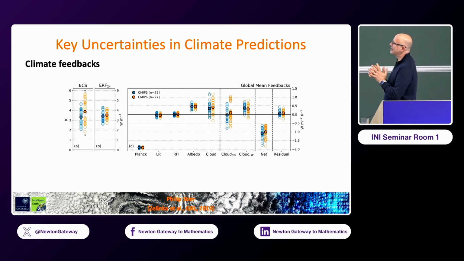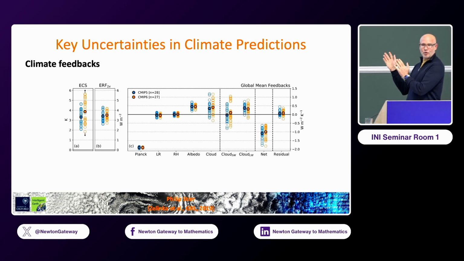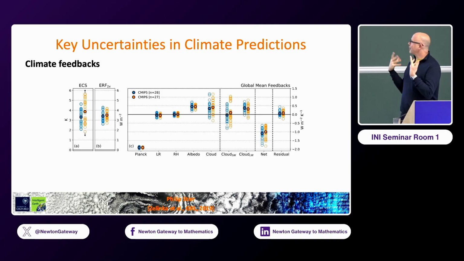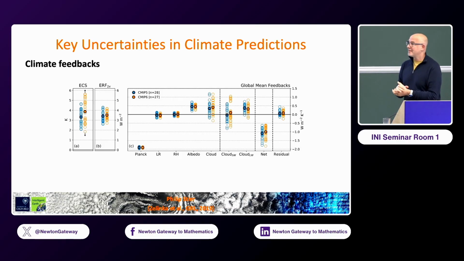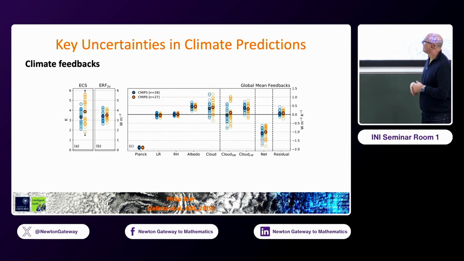This is an analysis of climate feedbacks in the last 2 generations of climate models. Each little circle is a climate model. In blue, you have the previous generation; in orange, the latest generation. And this gives you cloud feedback parameters, which are basically how many additional watts per square meter you get per degree of warming from a feedback process. Okay? And there are some things that are quite well known, like Planck feedback, just the radiative response, or then